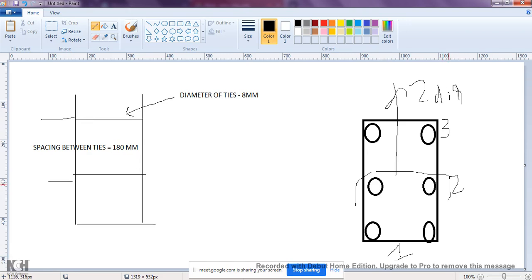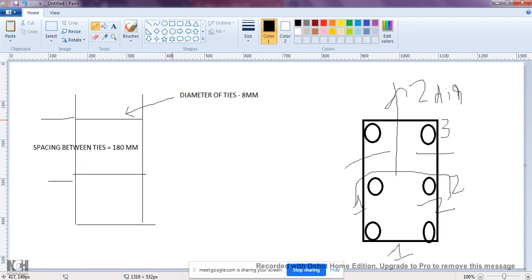Now similarly in the third direction, this is one ring, this is first leg, this is second leg. Understood? To hold those 6 bars, I need to connect in the 4 corners like this. So in the second direction there is one link, that is one leg, second leg, third leg. Similarly in the third direction, I don't have 3 bars here, so I just need this outside link, 1 and 2.